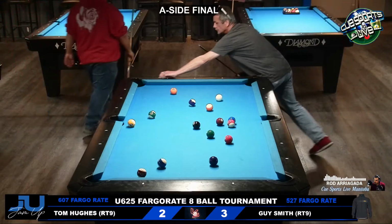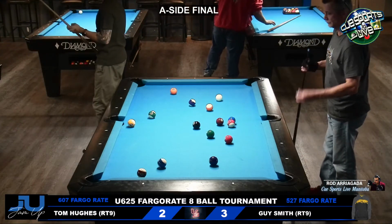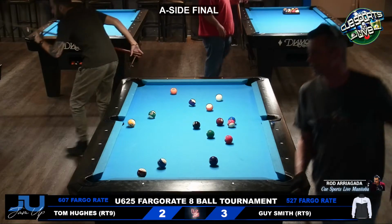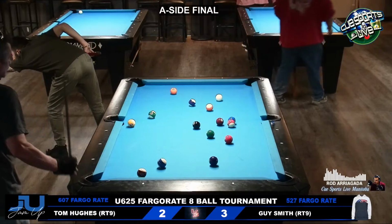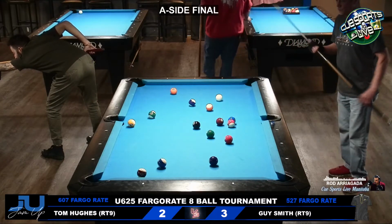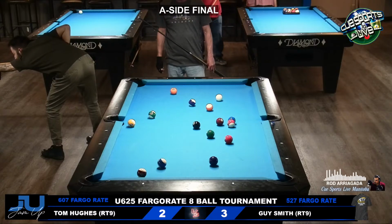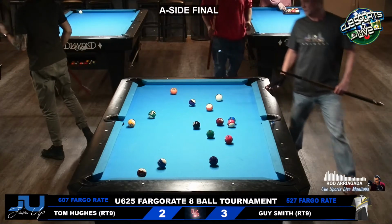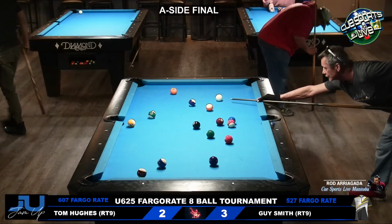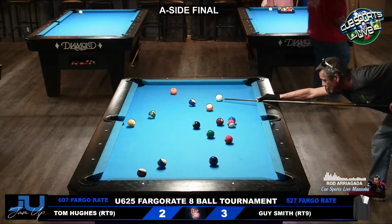No choice but to take the solids. You'll start off with a 1. Needs to find a follow-up shot here, and very limited because of the angle that he has on the table, but the 4-ball looks like it might be the best option. If he can get down perfectly to set up with a 7-2 combo, then that's even better, but I don't know if he's going to be able to do that, and you're kind of gambling with position if you're going that